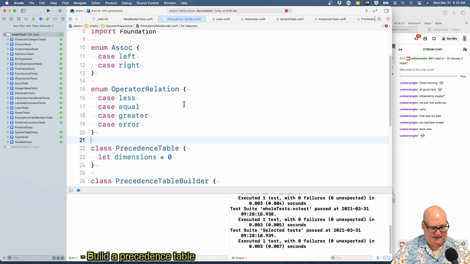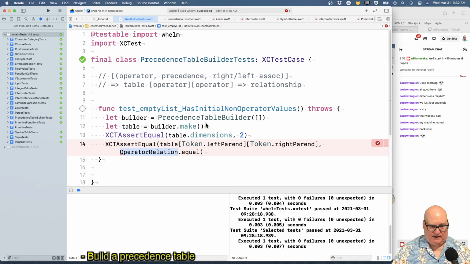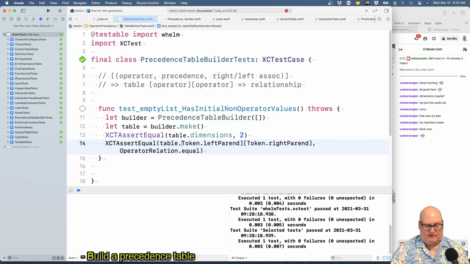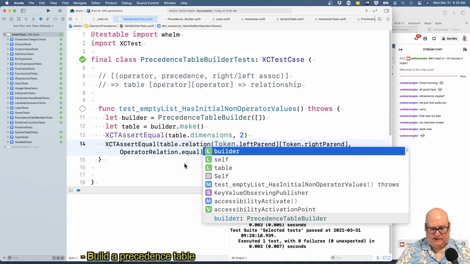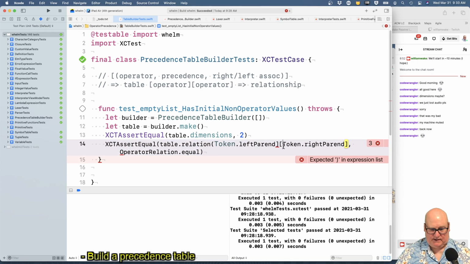Okay. Let's see. That should make that. And I'm assuming this dimensions is sort of like a hash table-y kind of thing. I feed in table, I ask it subscript, I get back a something and ask it for a subscript. I don't know. Maybe I'd be better off with how about token relation? Let's just give it the two things, and we know it's a table inside, but that's